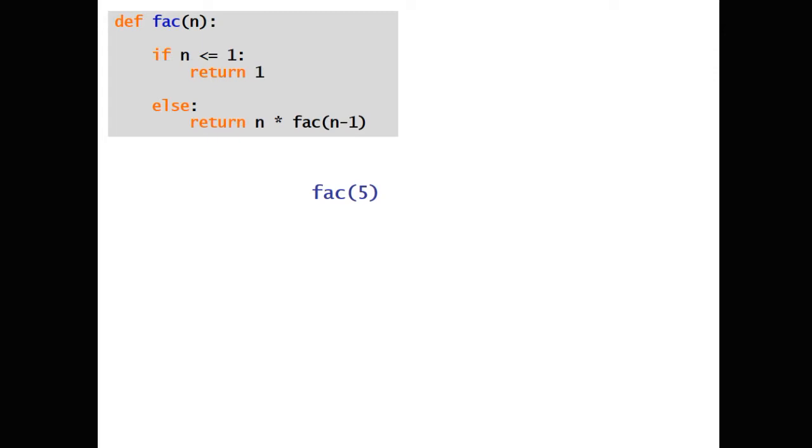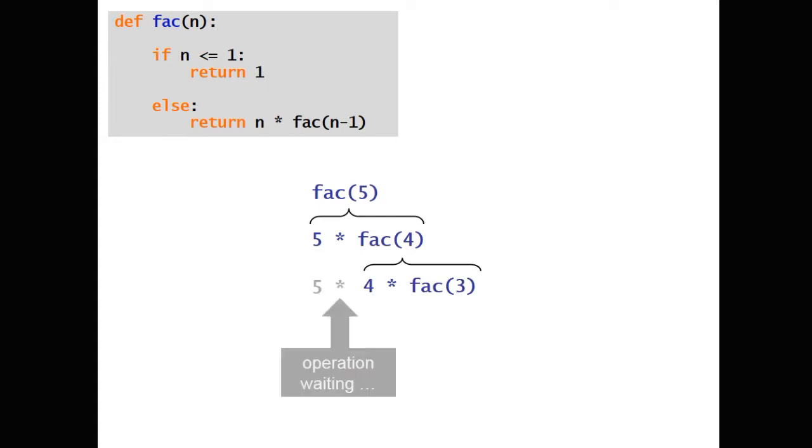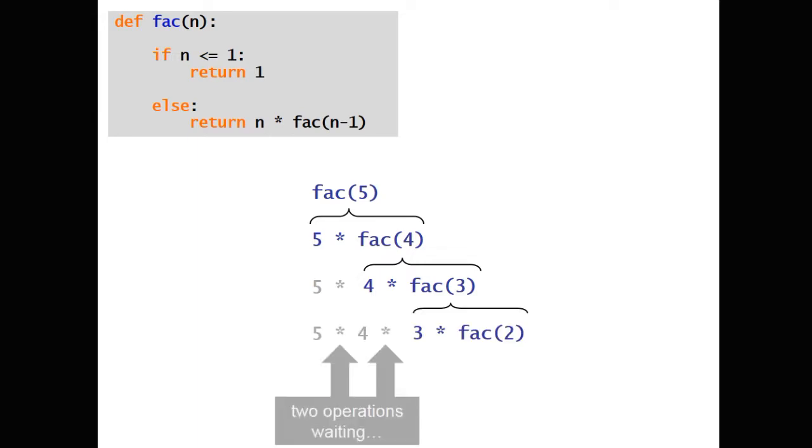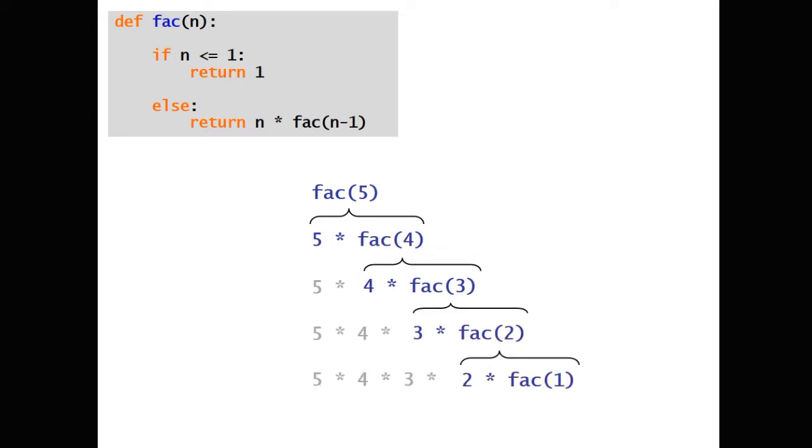So in this slide you can see the call events of calculating the factorial of 5, which is equal to 5 times factorial of 4. In order to calculate the factorial of 4, we need to call this function by itself for calculating 4 times factorial of 3, and we can continue this until we reach factorial of 1, which is the